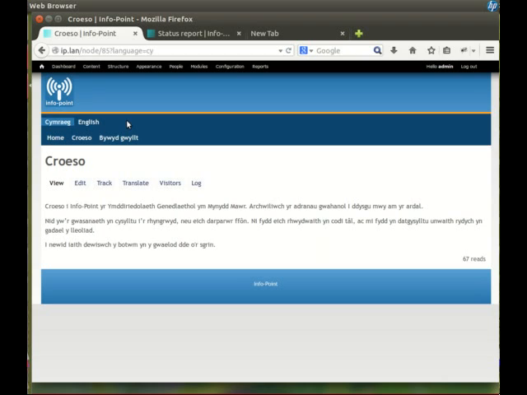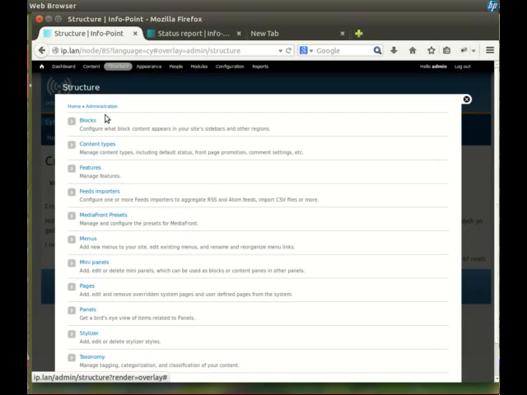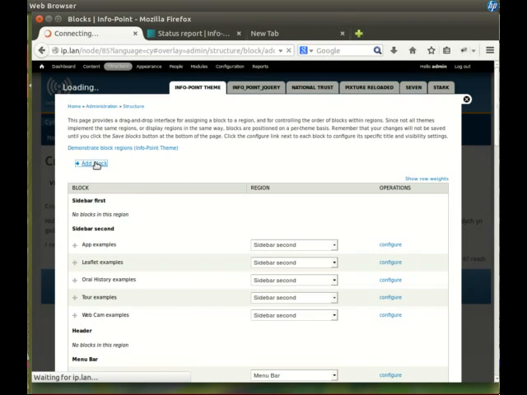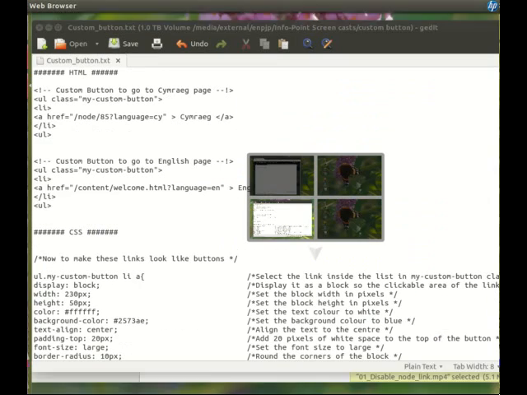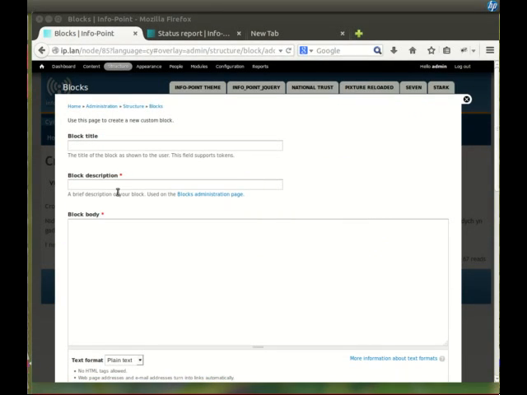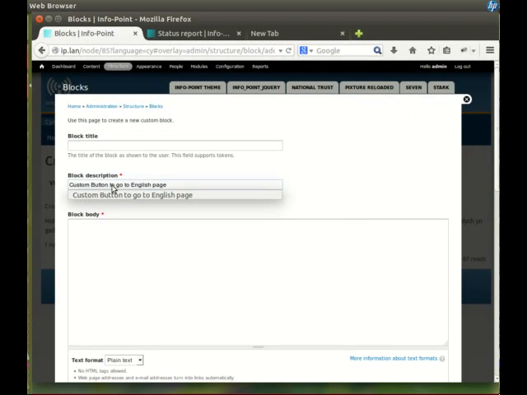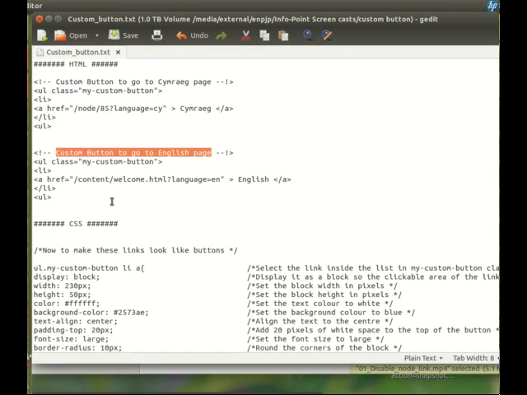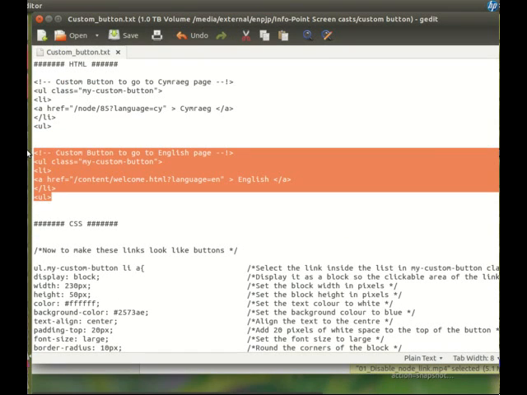This technique of making it appear on only one page works no matter whether it's a friendly URL as before or just a node number. So we're now going to very quickly create the partner to the button we created before. So we're going to go to blocks, and we're going to add a block, and then we're going to nip down to the little bit of code that I prepared before, custom button to go to the English page, copy that, put that into the description, and now we're going to paste in the text into the body of the